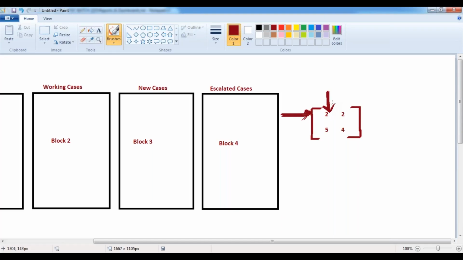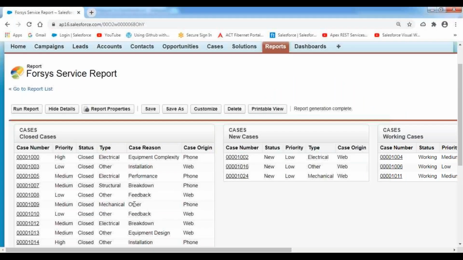Whenever you want to apply grouping on both row-wise and column-wise, we have to go with matrix reports. Matrix reports allow you to group the records based on both row-wise and column-wise. Then how can we group the records based on both row and column-wise? Now let me show you practically. For example,